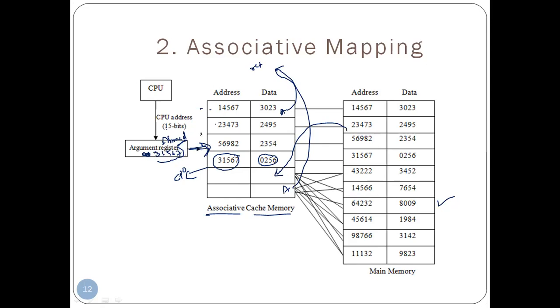Here there are 10 memory locations. Out of 10, how many am I searching? Only 2 memory locations, because only 2 Ahmeds are there. So these 2 I'll see. If any Ahmed is matched, I'll take that Ahmed. If that is not matched, I'll search for that particular Ahmed in the main memory, and I'll take that Ahmed from main memory to the associative cache memory. So that is the advantage.